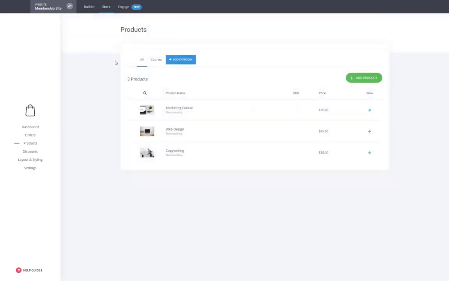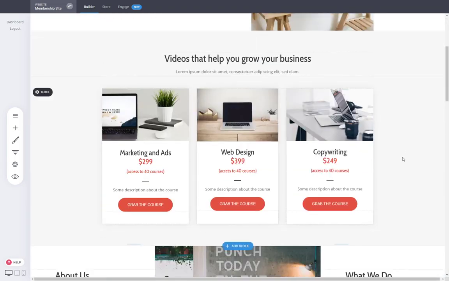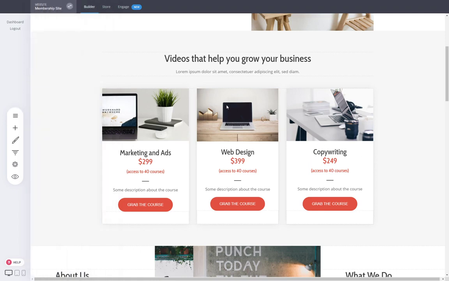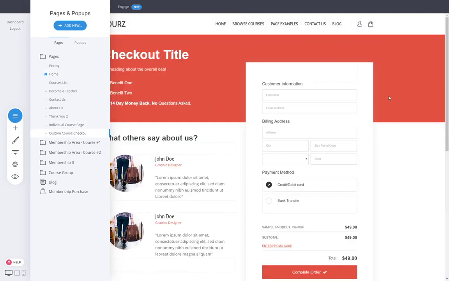Very simple and easy. So now all that is left is obviously to sell these memberships. So how do you do that? When you go into the builder, we have different ways. One would be with a custom checkout page. And the custom checkout page is really cool because you can have a custom checkout for each individual course. So if you have, let's say, 5 different courses, you can have 5 individual checkouts which are unique for that,